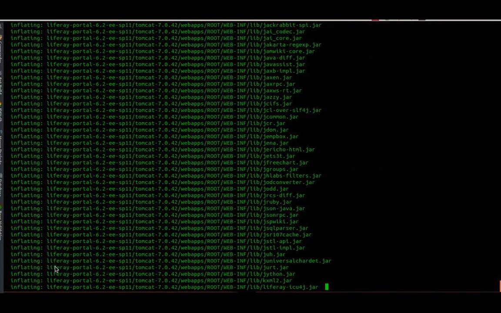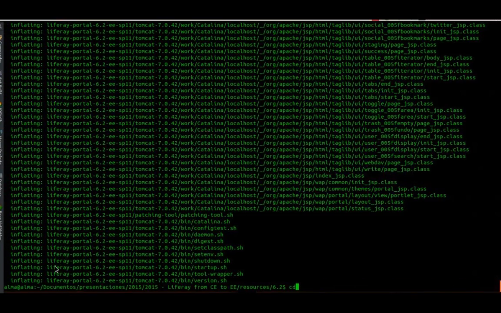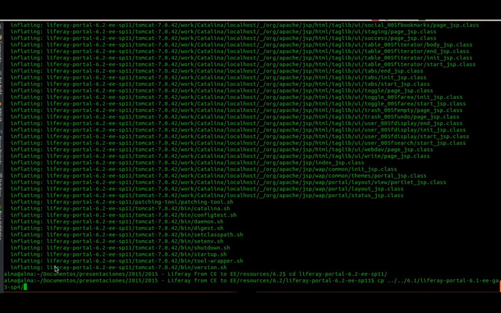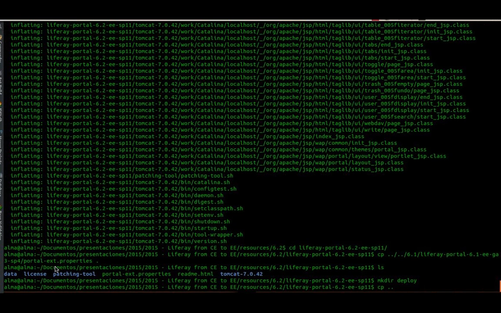You can use other things and not the bundle. You can use the war file or whatever, but in order to get our goal, I think that it's easier if we use Liferay bundles, and then we can deploy it as a standalone war or whatever we need. So the first step here is to copy the portal-ext.properties that we inherit from our 6.1 Enterprise Edition. We will need to copy also our license in the deploy folder,